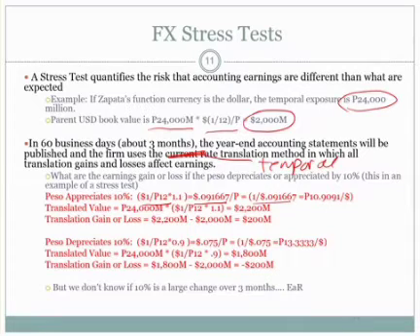If I invert that to quote it back in peso per dollar, a 10% appreciation of the peso means that the exchange rate goes from 12 to about 11. If the exchange rate goes down, the peso goes down, that means the actual peso per dollar exchange rate goes to about 13. If I then revalue my accounts, 24,000 pesos at 12